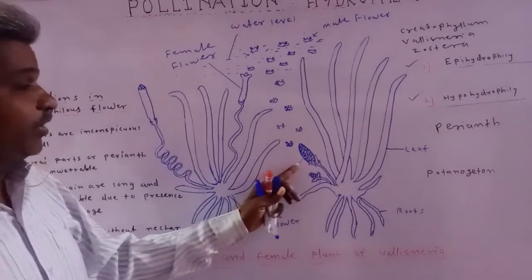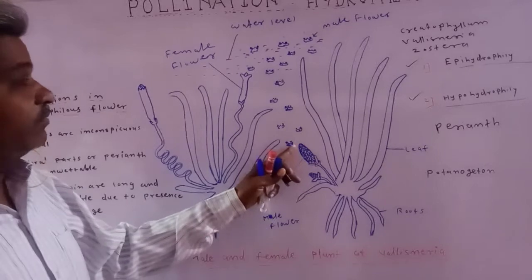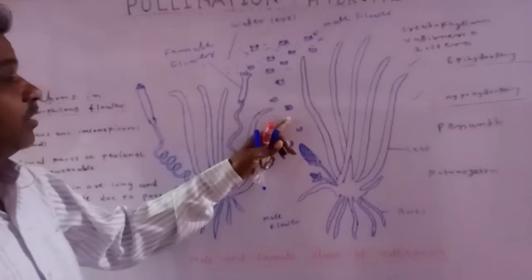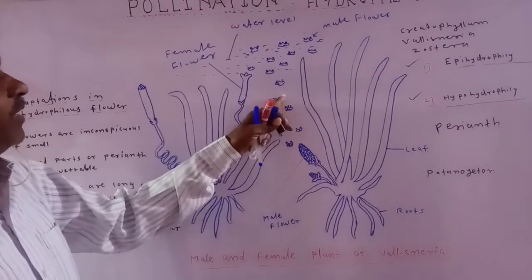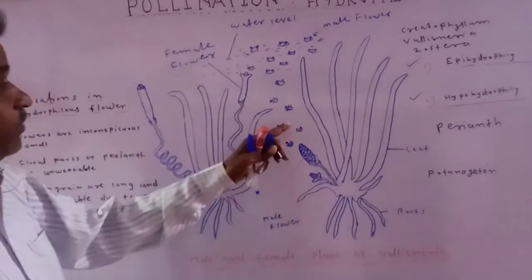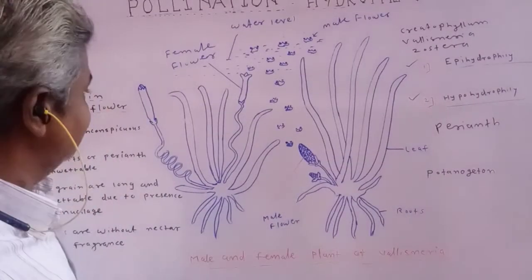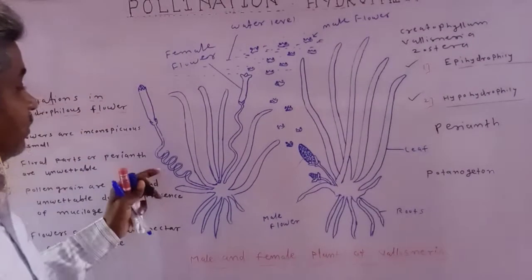At the maturity of the male plant, the male flowers are released from the male inflorescences. These male flowers reach the surface of water. When these male flowers are floating on the surface of water, at the same time, the female flower matures,